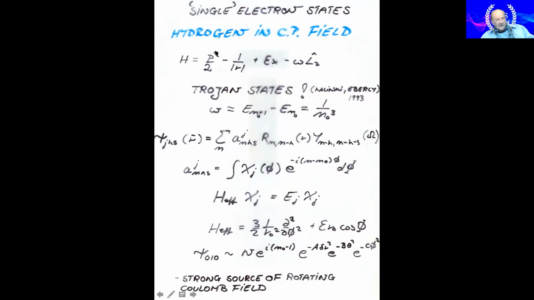We have the Hamiltonian in the rotating frame, which has a Stark term and the incomplete Zeeman term, which is simply omega LZ. And if you solve the Schrödinger equation in the basis of the hydrogen eigenstates, then you will find out that there is one specific state per millions which looks